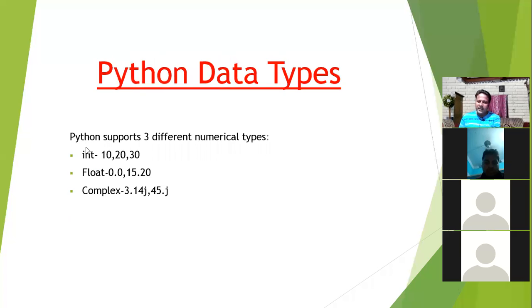Python supports 3 different numerical types: int, float, and complex. These are the 3 different data types we are using.